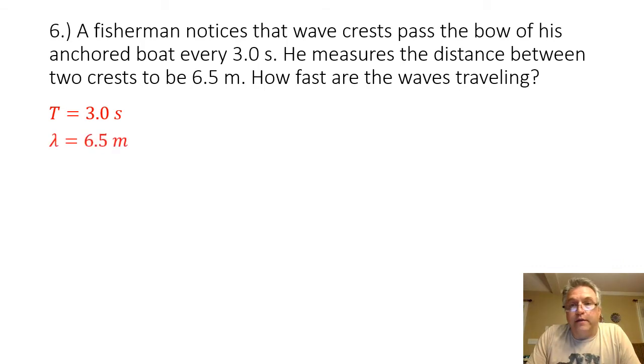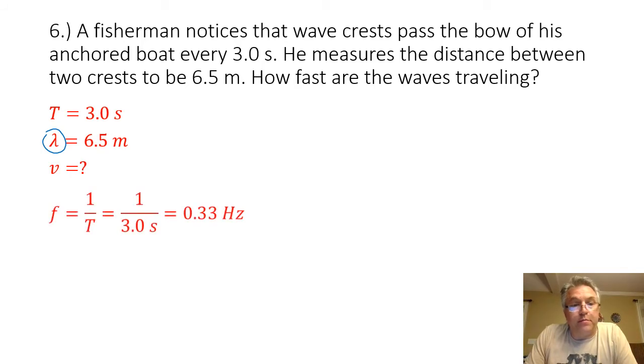My wavelength, the distance between two crests, is 6.5 meters. And remember, for wavelength, we use the Greek letter lambda. And we are looking for the speed of the wave. In order to find the speed of the wave, I'm going to need to know the frequency of the wave, and I can find the frequency from the period. I know the period was 3 seconds, and the frequency is the inverse of the period, or 1 divided by the period. So 1 divided by 3 seconds is going to give me